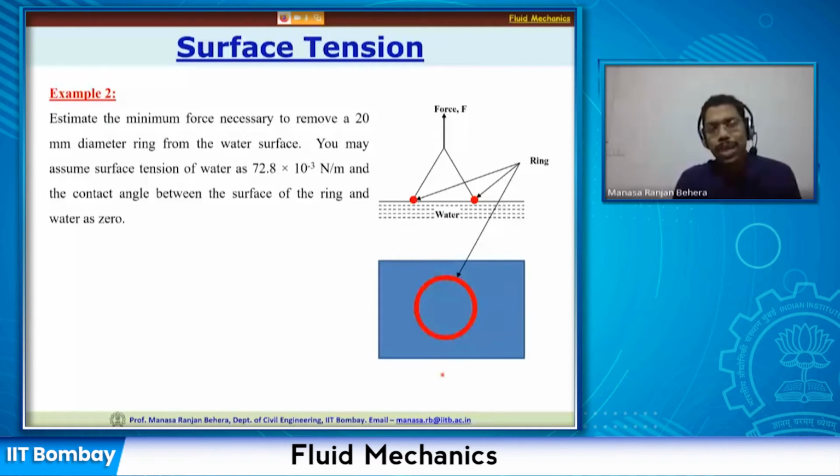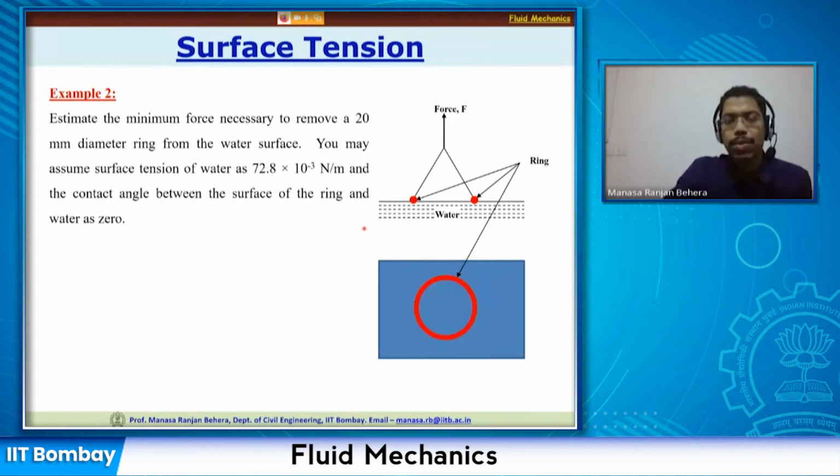Let us look at a simple example for this property. Now, if I have a ring, the bottom picture shows the top view. So it is a ring which is floating on the water surface, half up to half. If I say that it is up to half, I'm looking at a cross section from the side, then you will see something like this. Now I am trying to pull it up and see how much force is required to pull it up.